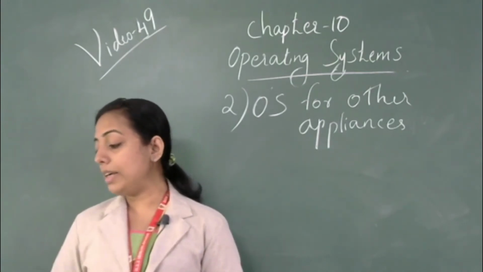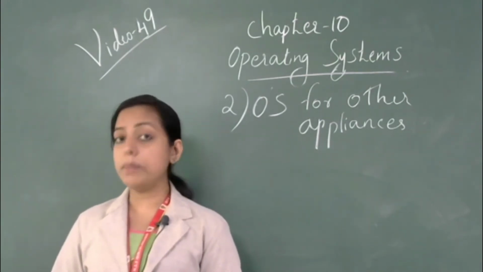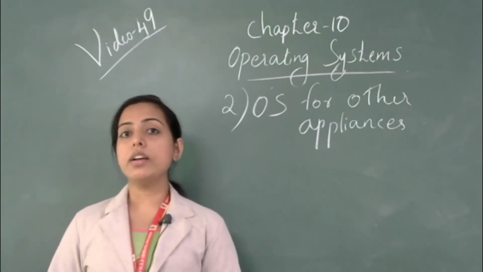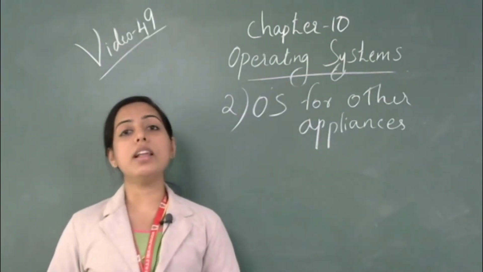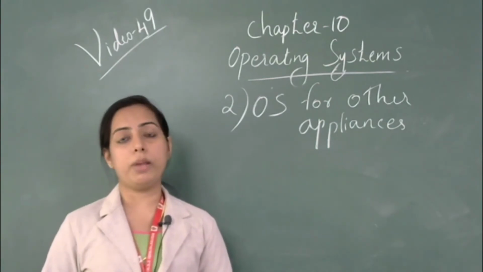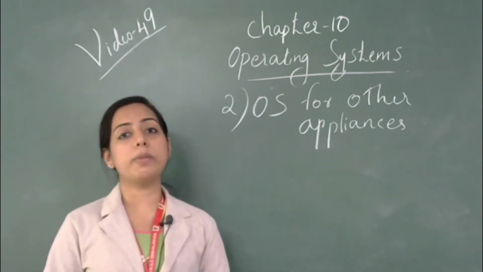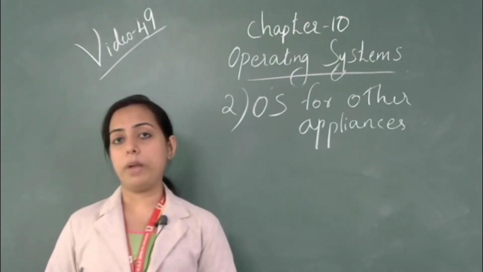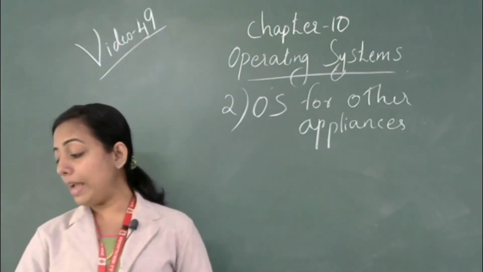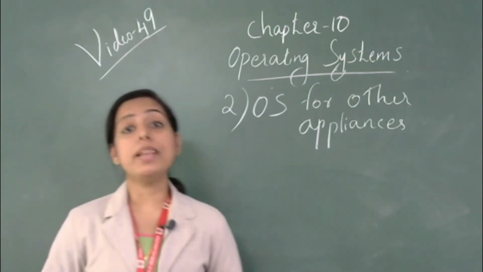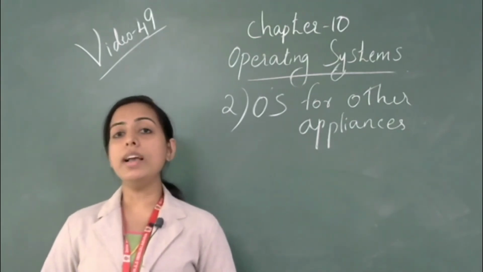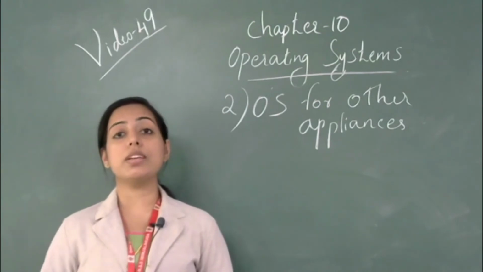So there is a table, 10.6, with the operating system, the company that brings it, and the basic program. The first one is Android, the company is Google, and the kernel program is Linux. In the last class I mentioned what a kernel program is. In an operating system there is one program called the kernel program. Here you can see a table in your textbook, table 7.1, with some mobile operating systems and their basic kernel programs. First one is Android, the company is Google, and the program used is Linux.